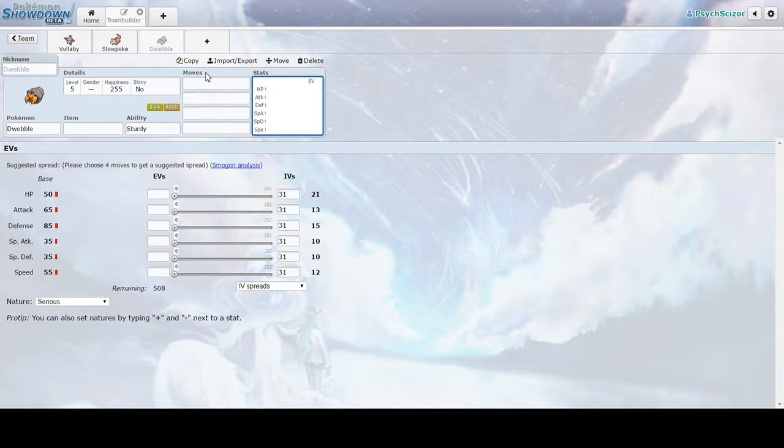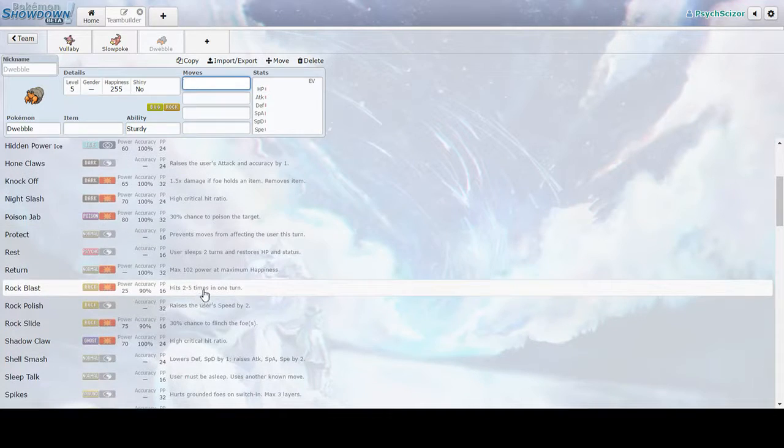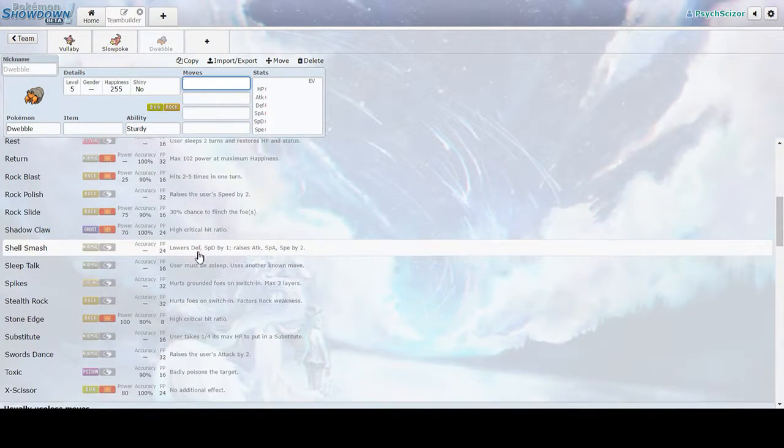It's kind of nice that Bug cancels out Rock's weakness to ground. The coverage is kind of mixed, overall good though, I would say. It's got its dual STABs of rock and bug, but it's also got coverage in Earthquake. Facade is an interesting option. It's got Knock Off. It's got Poison Jab, and